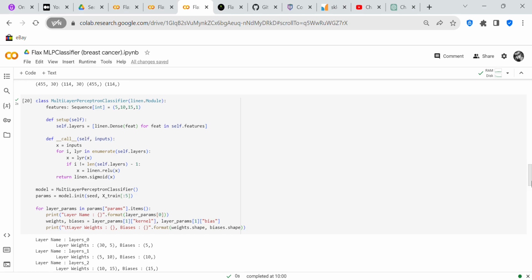And then what you're going to do is you're going to define your module called setup, and it's self.layers equals square brackets nn.Dense(feat) for feat in self.features. And then you're going to design another function, and it's going to be called __call__, and x equals